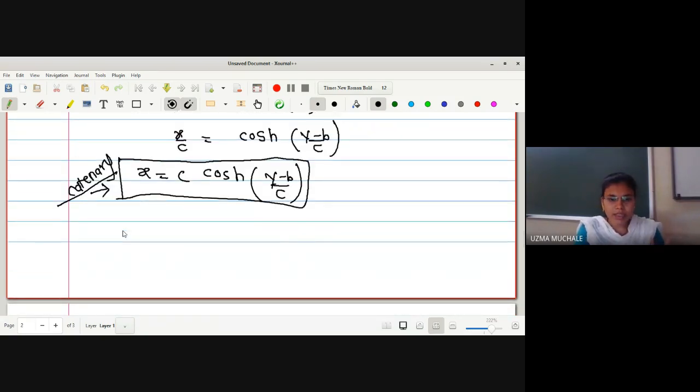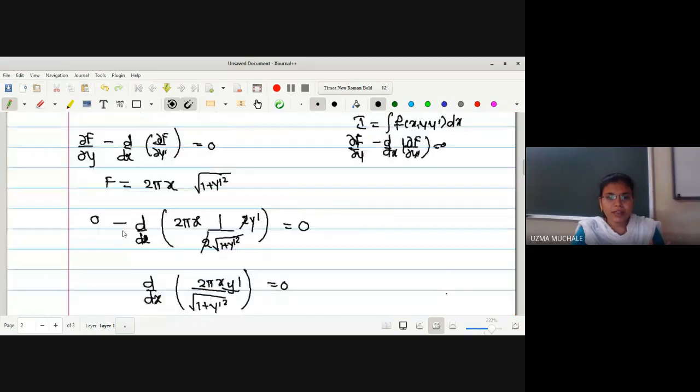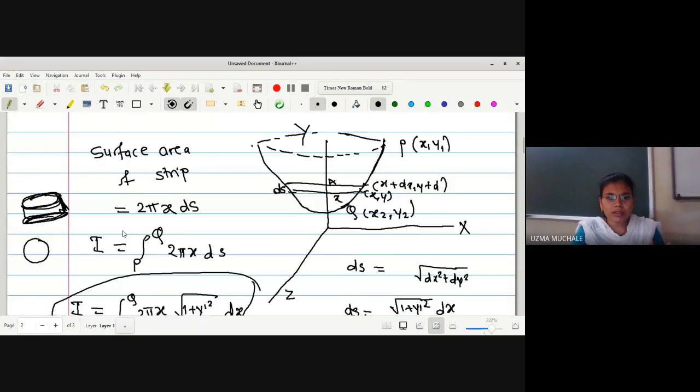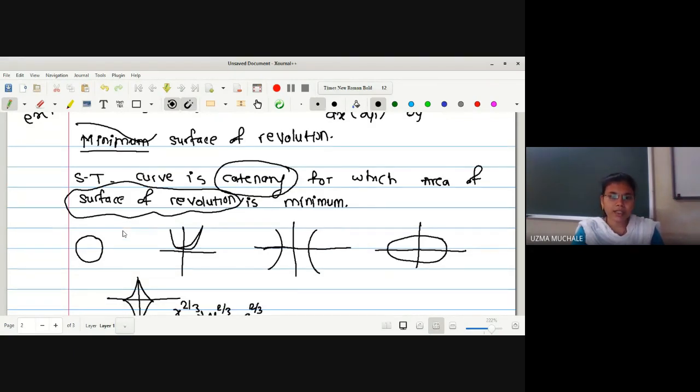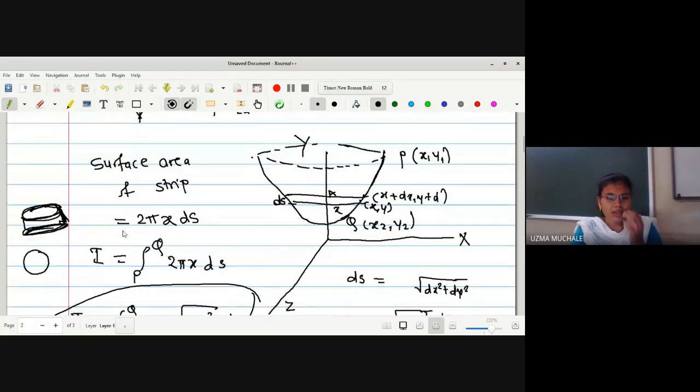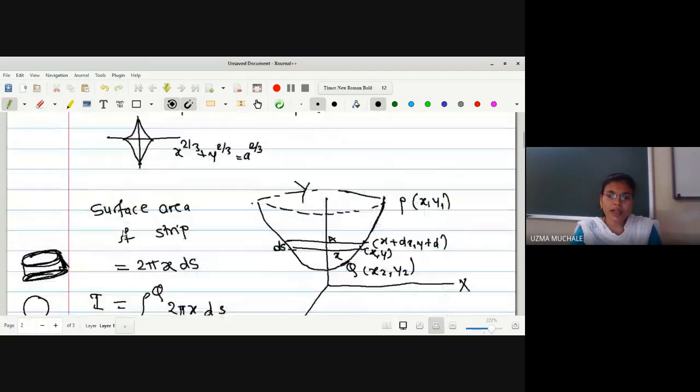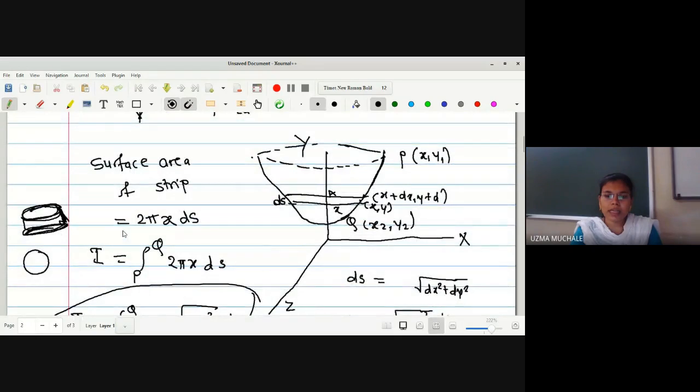So what we have studied in this is that we have to find out the surface of revolution whose area is minimum, and the corresponding curve we obtain is a catenary. Okay. So first we have one curve in the xy plane. We have to revolve this curve about a fixed axis of revolution. After revolving, we get one 3D object, and we have to show it is a catenary.